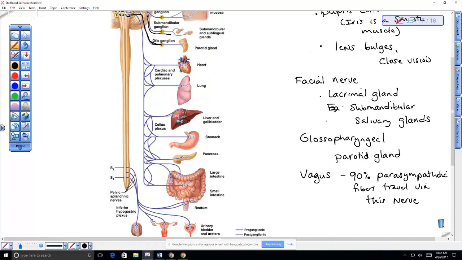So you notice where it goes. It goes to the heart, it goes to the lungs, and it goes to the digestive tract, the majority of the digestive tract. So heart, lungs, digestive tract. Okay. Notice what it doesn't innervate, which is this stuff that is down here below and is coming out of